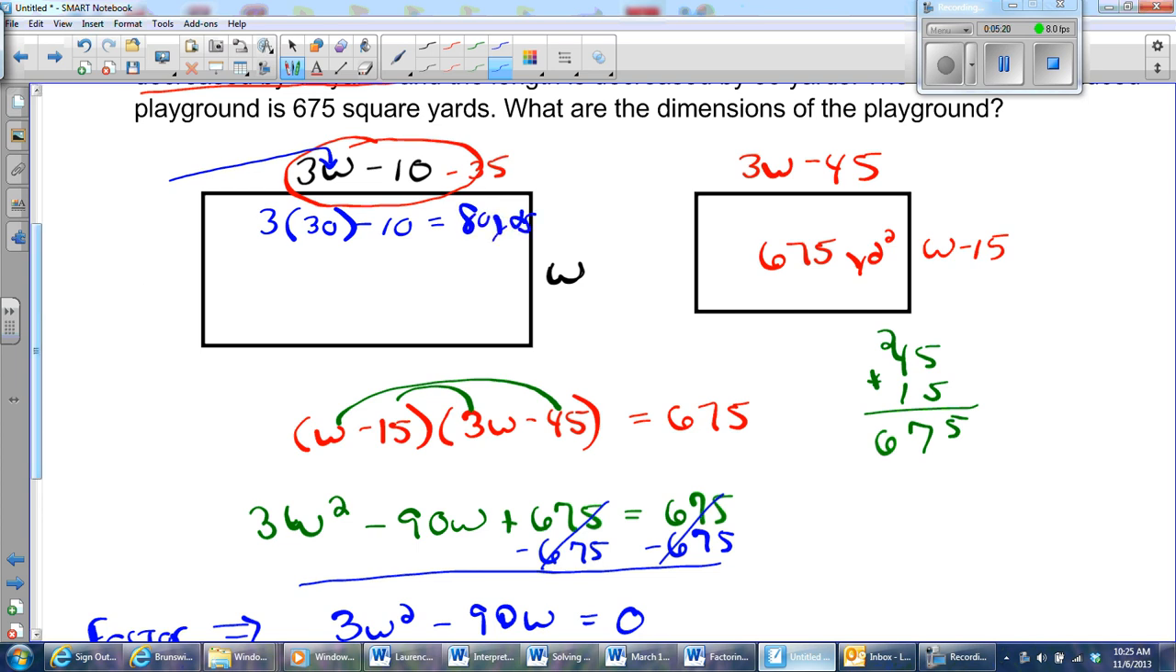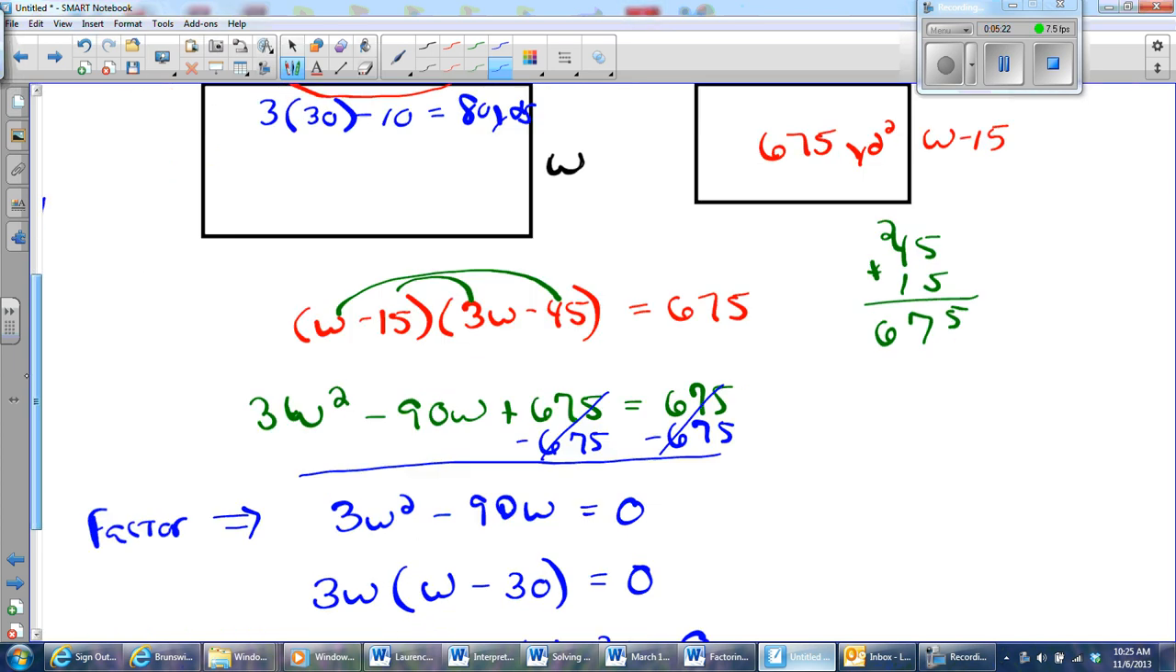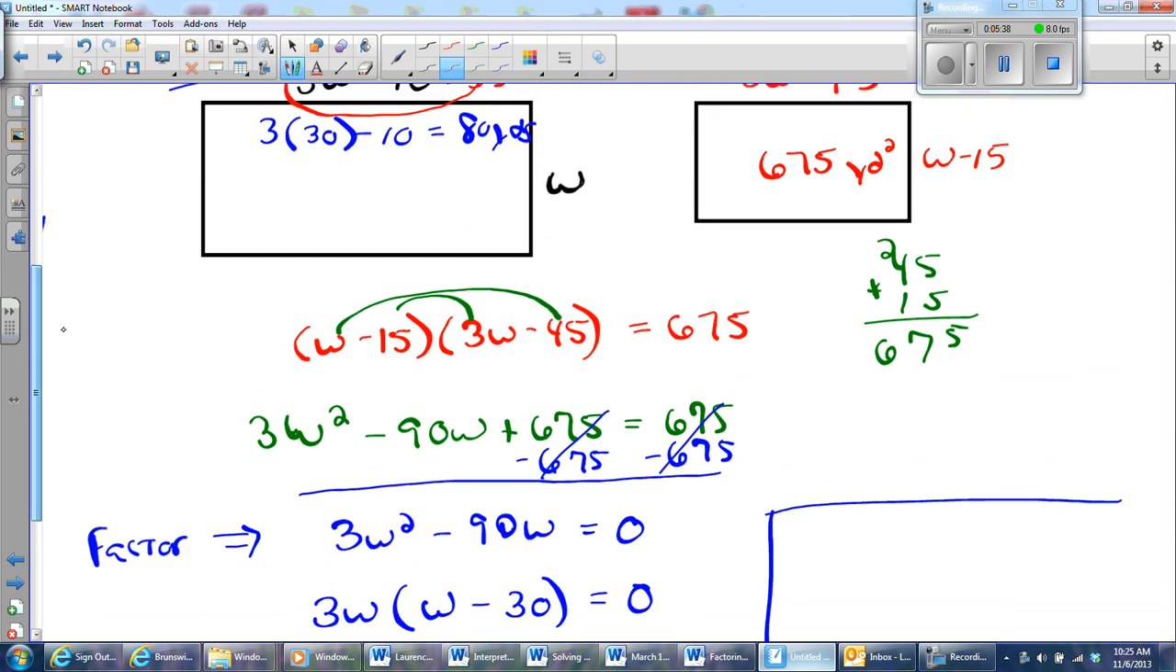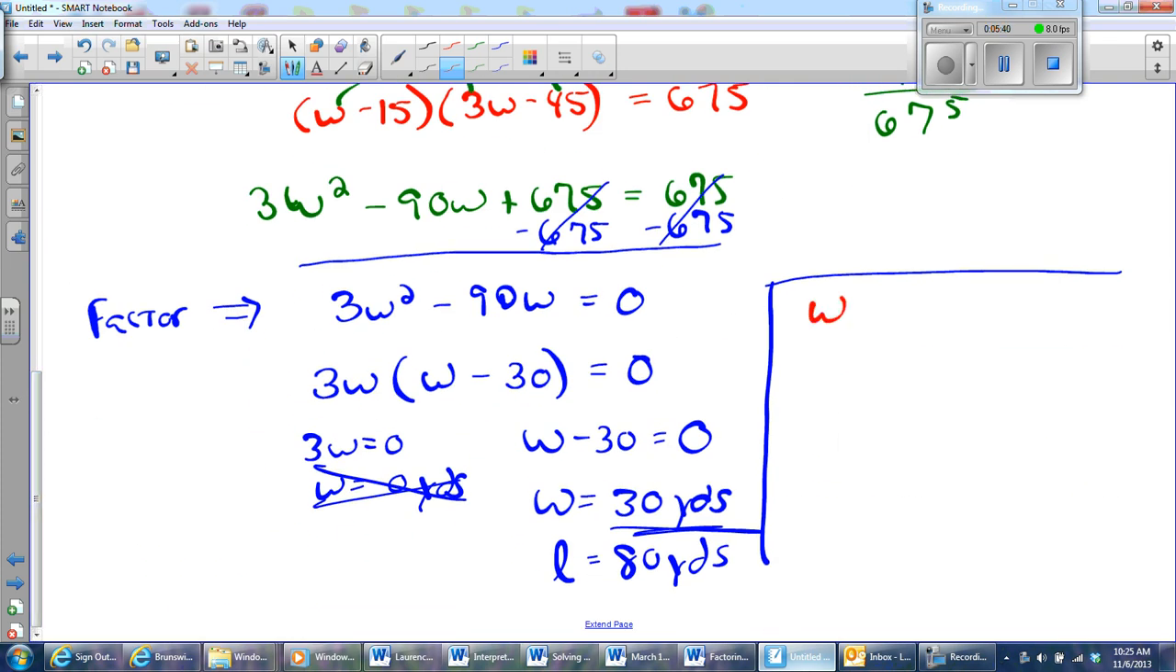So the length is going to be 80 yards. Okay, so the length is 80 yards. Now, if you really want to check your answer, just do the same thing that they said to do and multiply. So they reduce the width by 15, so the new width is going to be 15, and the new